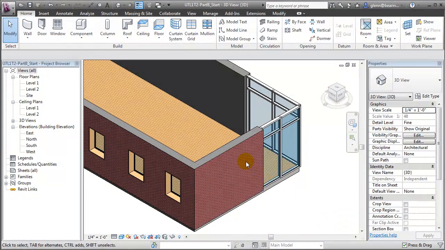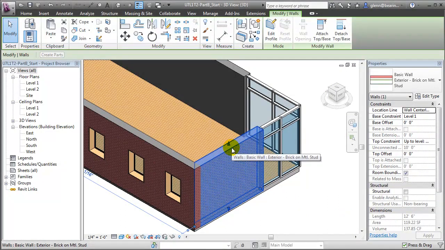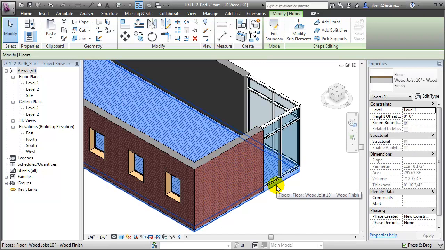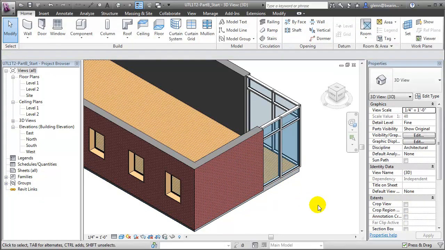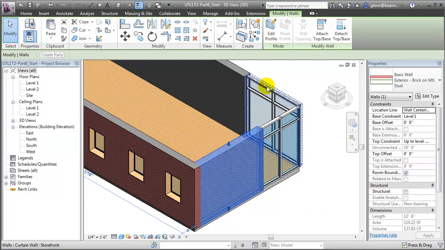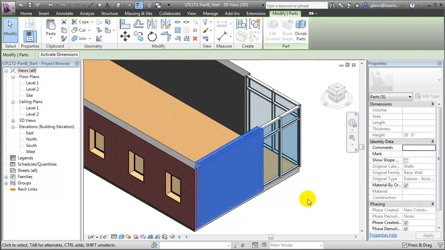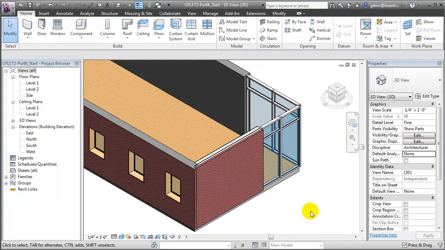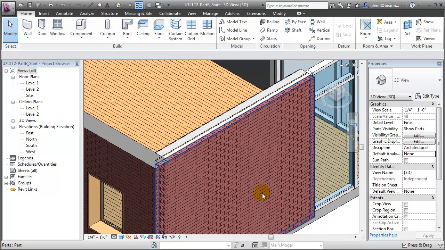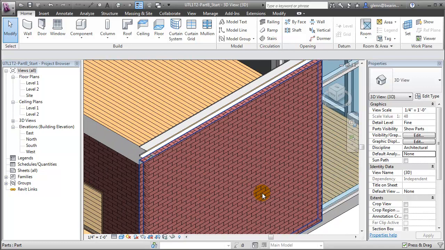In this model, we have a multi-layer wall, as well as a multi-layer floor, but the elements are modeled as single pieces. To break this wall element or floor element into parts, we select it, and then in the Modify Walls tab, go to the Create Parts tool. When you click Create Parts, and then click away, you'll see that the individual layers of this multi-layer wall have now been separated,